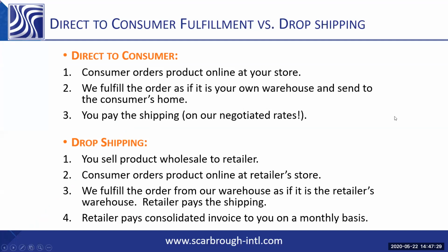Okay, so can you tell me the difference between direct to consumer fulfillment, like an online order fulfillment that goes direct to the consumer, versus a drop ship? What is that drop shipping model? How's that different? So as we've talked about in the PowerPoint, that direct to consumer fulfillment, simply put, is just